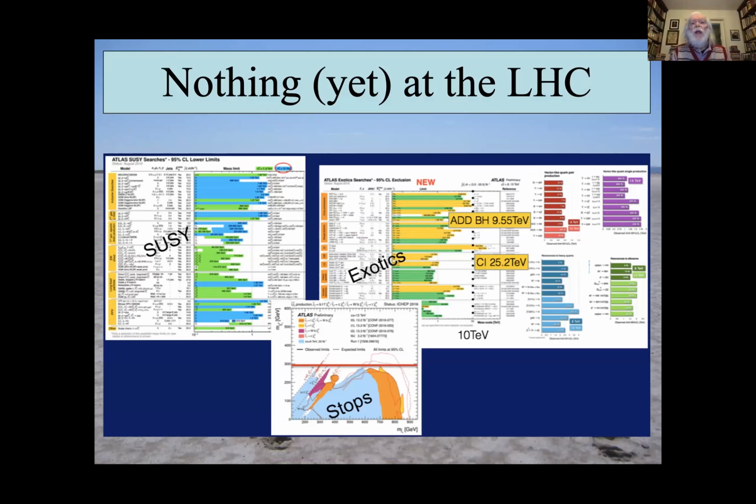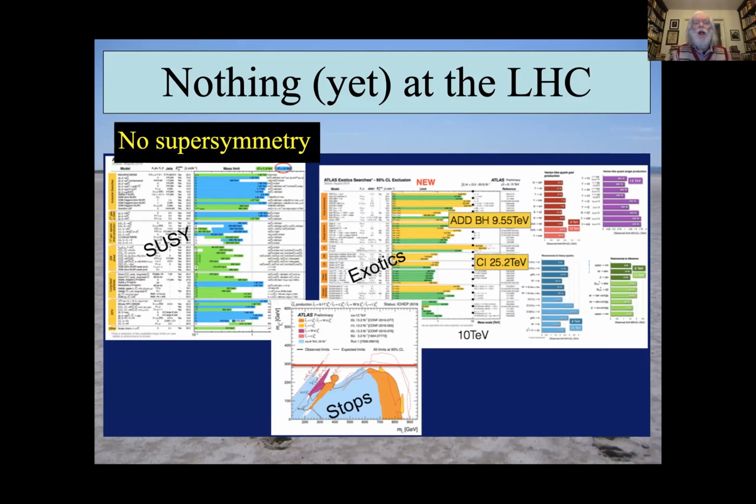So I've been spending a bit of time discussing the Higgs boson and measurements of its properties. But of course, what we would really like to see at the LHC and future colliders is some new particles beyond the standard model. And of course, there have been lots of searches. Searches for supersymmetry, none seen yet. Searches for other things like models with extra dimensions that Jose Valle discussed in the previous talk. Nothing there either.